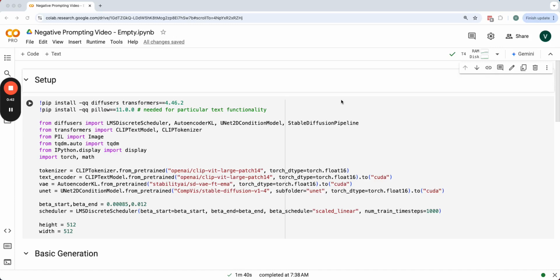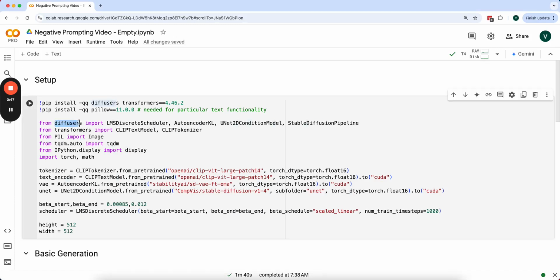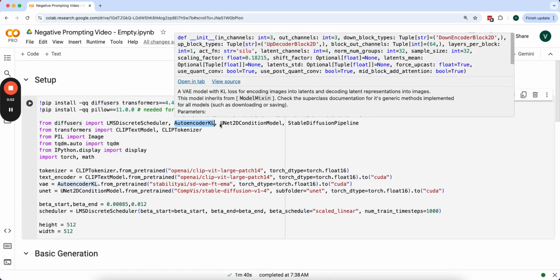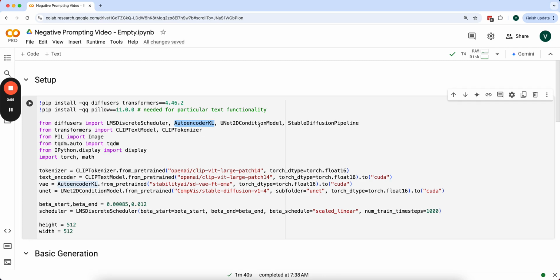I've already run the imports and pip installs. We're going to use the diffusers library. We're going to use scheduler, autoencoder, which is the VAE. We're going to use a UNet. That's going to do the actual noise estimates. And then I've also imported the Stable Diffusion pipeline because I want to show how negative prompting works built in